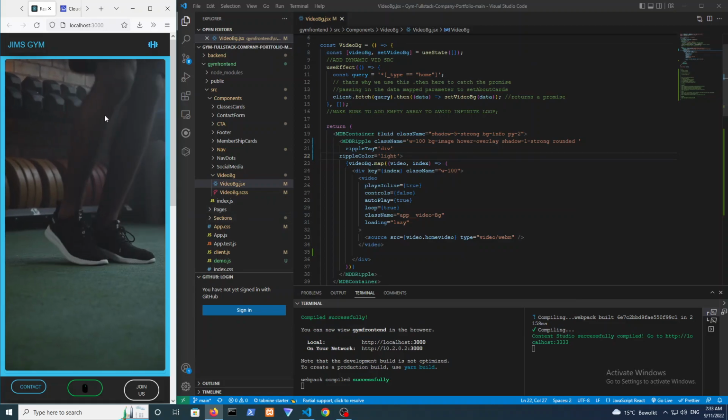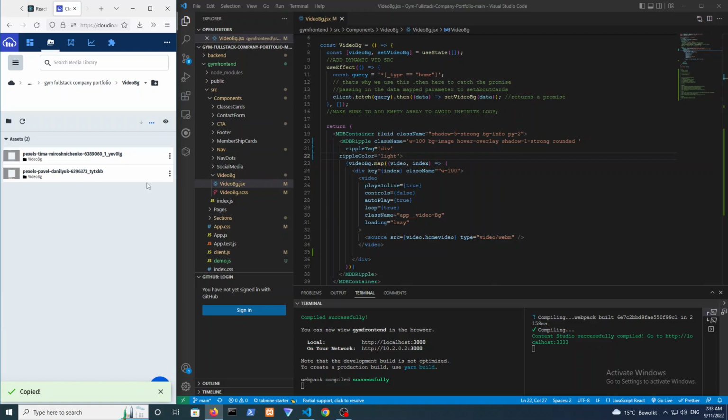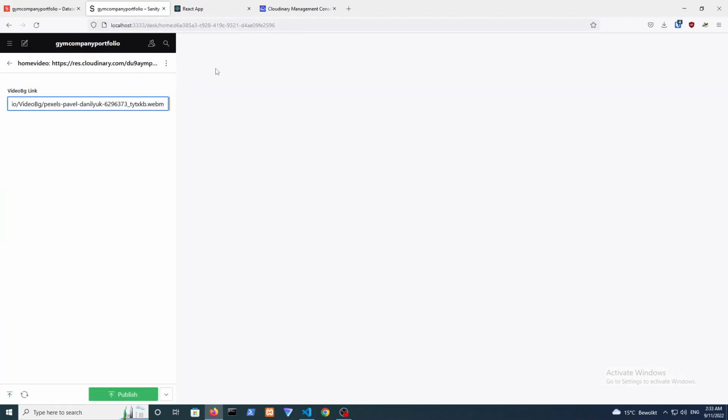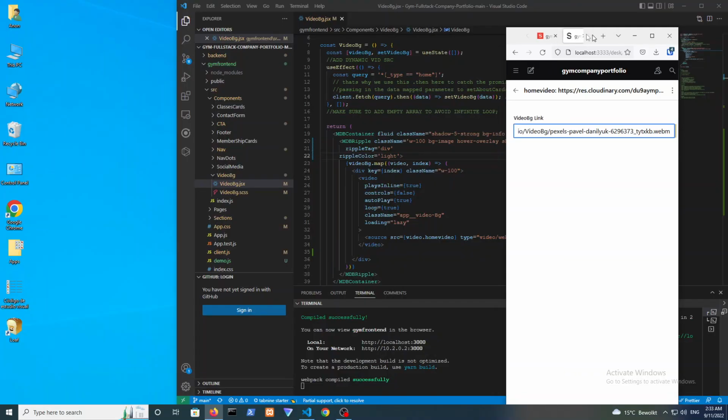And I have a simple example over here. I'm just going to change the video link over here, but I'm going to do that from my backend. And as you can see right now, when I open this on full screen,